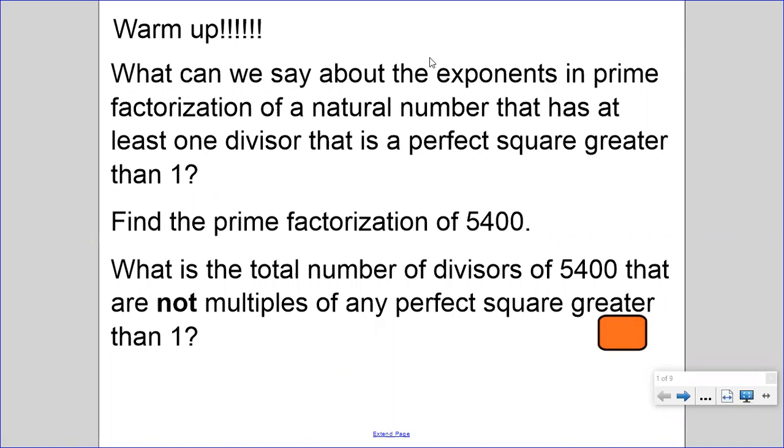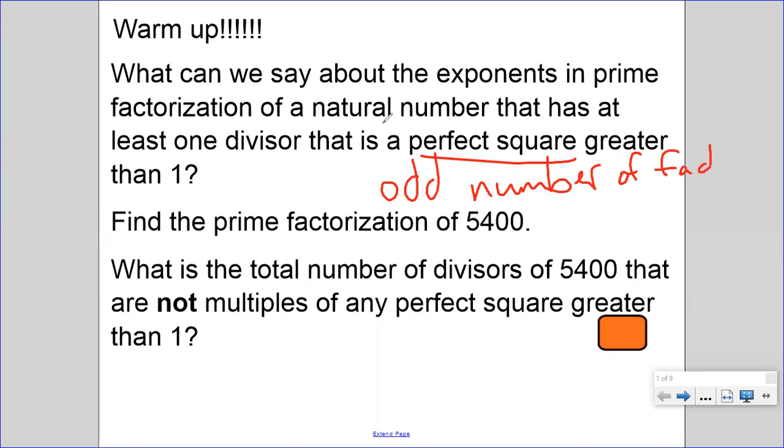Strong showing right out the gate. Yeah, Ashmita. They have to be an odd number of factors. Yeah, if it's a perfect square, we know that it's an odd number of factors. Odd number of factors. Okay, for this next one, what did you guys get for the prime factorization of